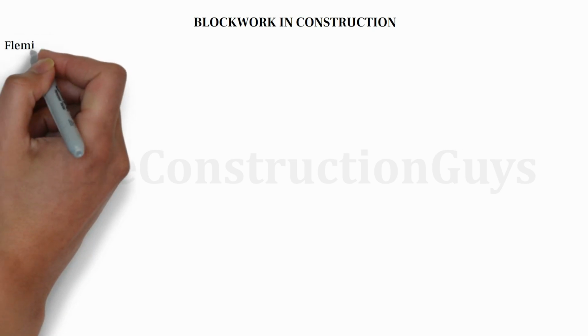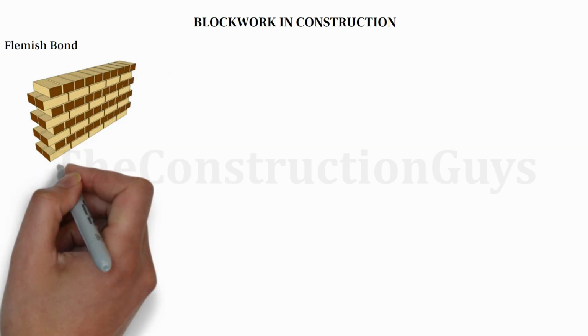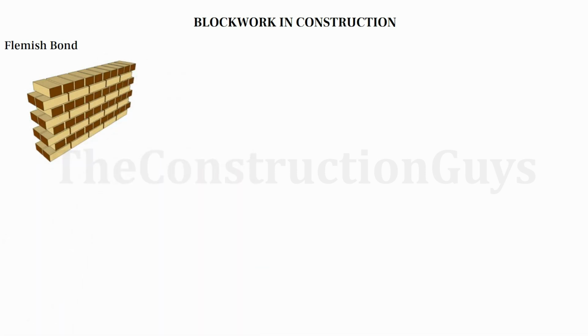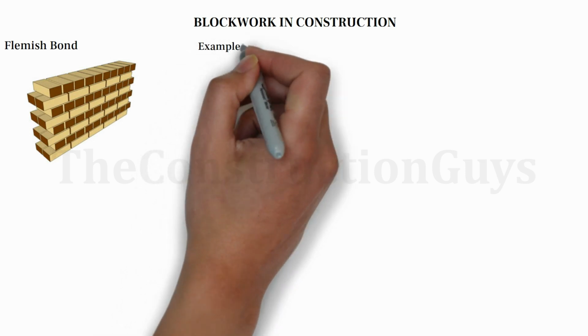Flemish bond. Flemish bond consists of alternating header and stretcher blocks laid in the same course rather than alternating per course. To calculate the number of blocks in a Flemish bond wall, 1 square meter divided by the coordination dimension of 1 block in stretcher bond orientation multiplied by 2 skins multiplied by 2/3, plus 1 block in header bond orientation multiplied